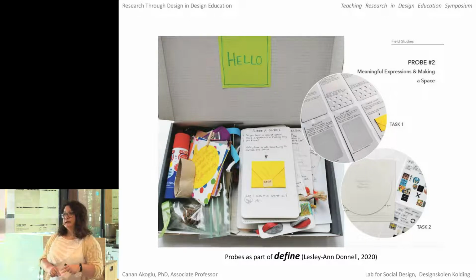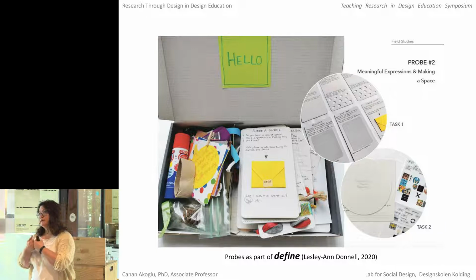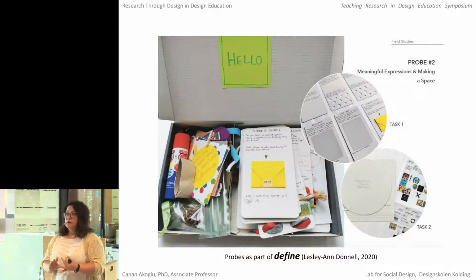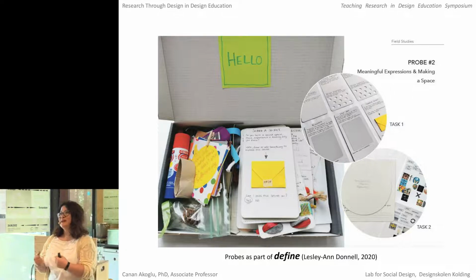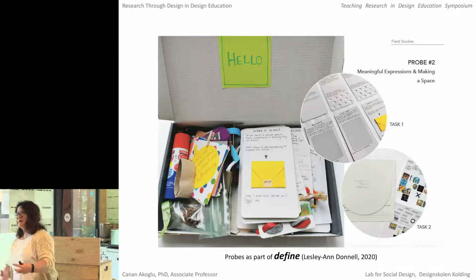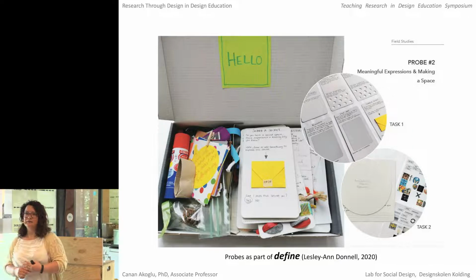On top of that, in the master's project, we also ask students to find a collaborator that they work together with. This collaborator could be an institution, a public institution, or a private company. It could also be an NGO. So they really contextualize their work with a real-life experience, not only theoretically, but also from a real-life point